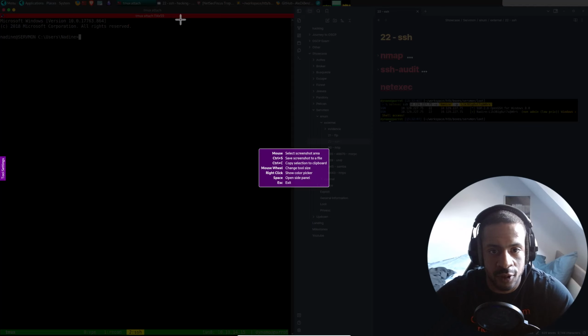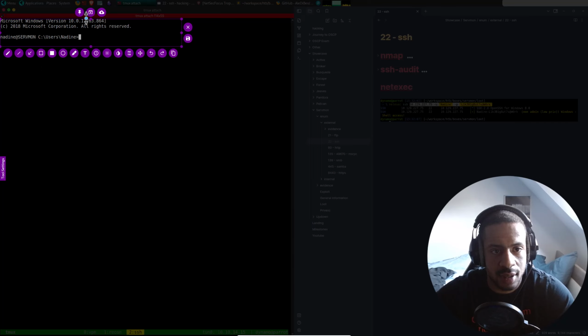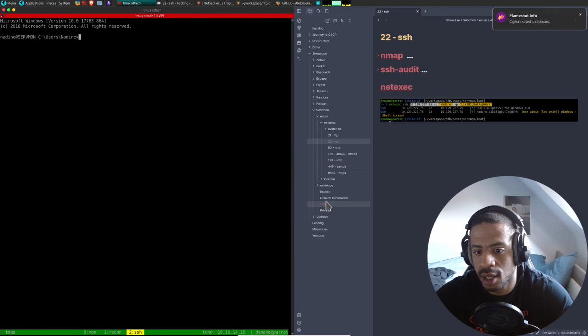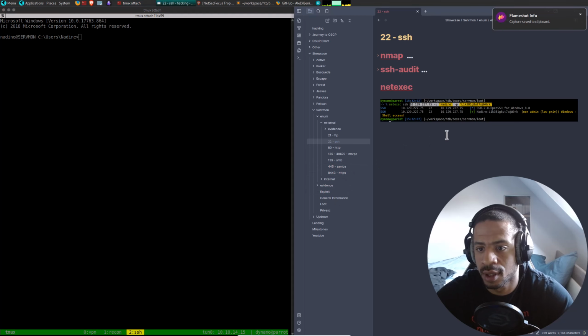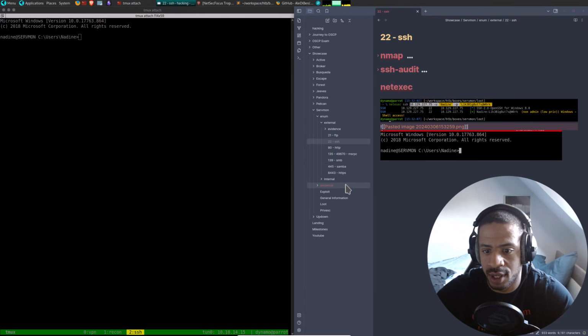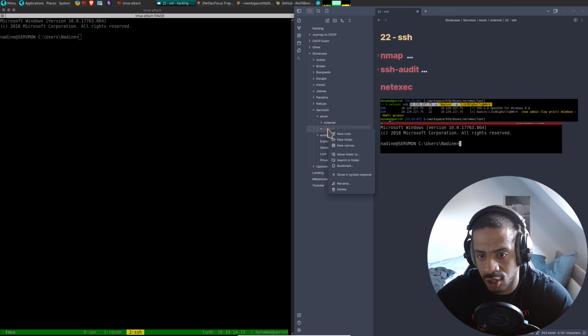We have an initial foothold. Like so. And so now we can go from external to internal.